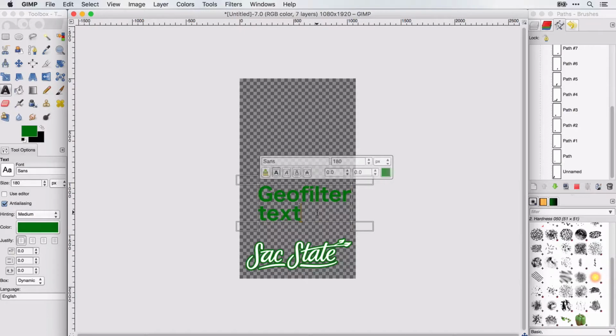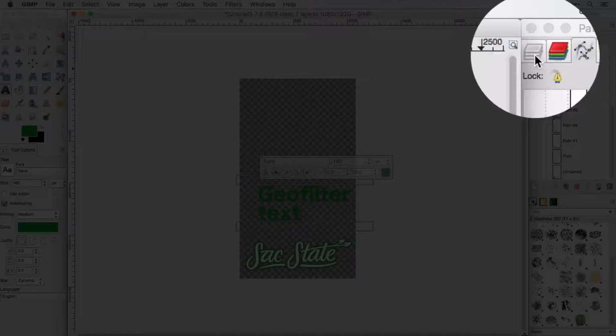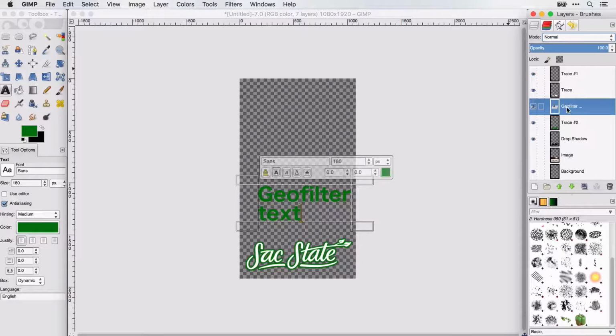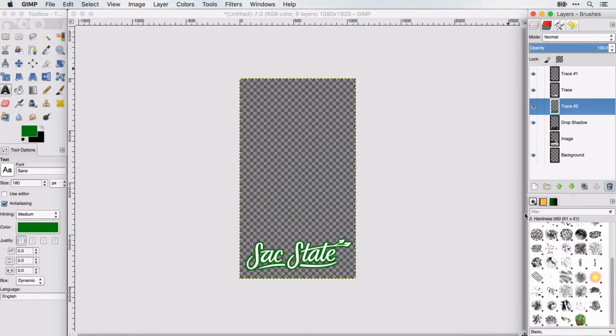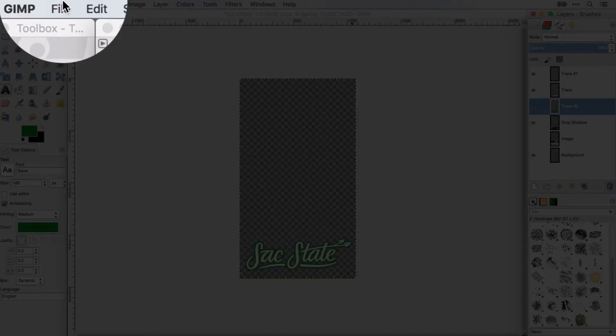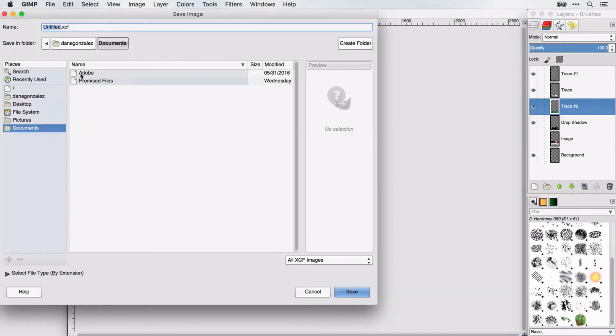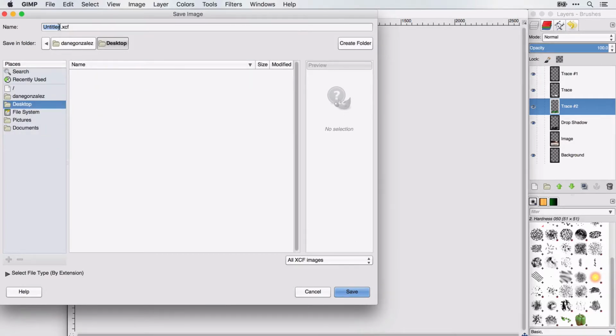However, I'm going to go ahead and delete this text by going over to the layers panel and then just hitting the trash can icon while I'm selected on the text layer. And that's going to get rid of it. And let's just say I want to keep this and export this design. So first we're going to save this file just in case we need to edit it later. So we're just going to save as, and then save to the desktop, and we're just going to name it geofilter,